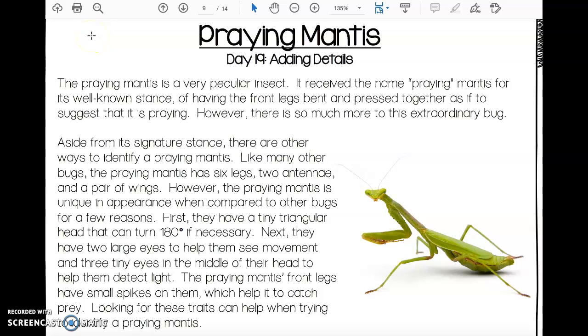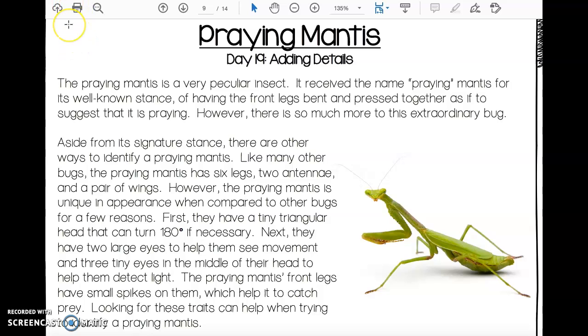Hi everyone. This is lesson 19, adding details. Today we're going to talk about how authors use details to explain facts in reports and papers. So we're going to read this paper about praying mantis and talk about the details the author used to provide